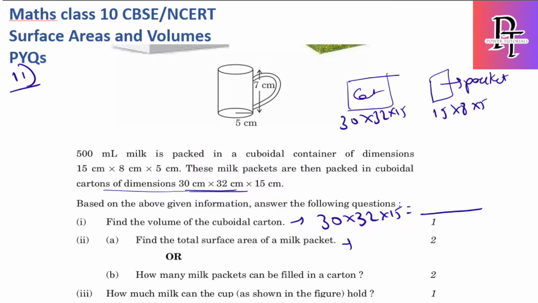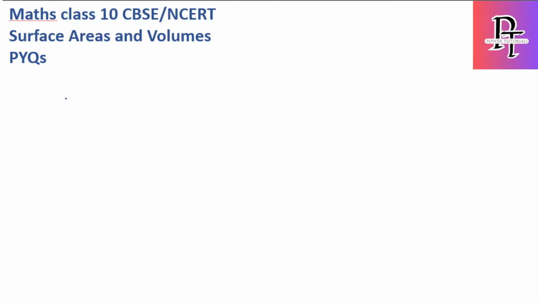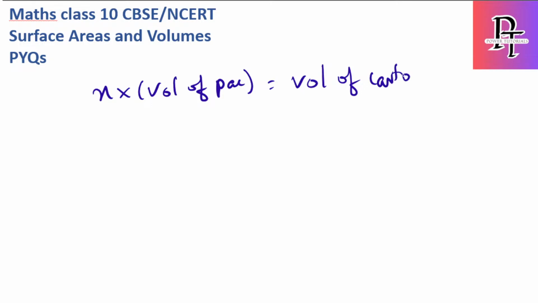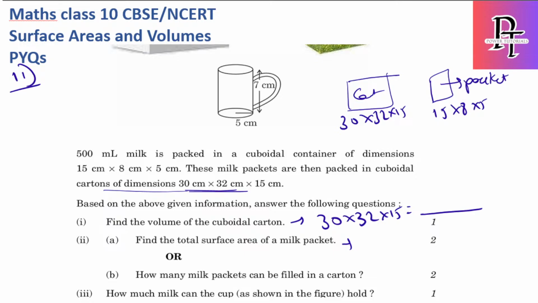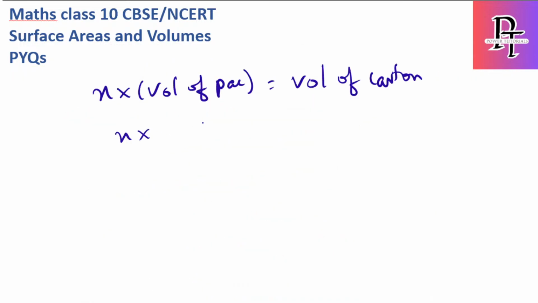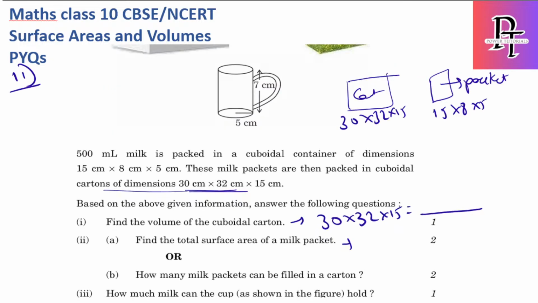What is the next part they are asking? How many milk packets can be filled in a carton? So simply find the volume. It will be X into the volume of the packet, which should be equal to the volume of the carton, because that many are multiplied. So X into the volume of the packet, which is 15 into 8 into 5, should be equal to the volume of the carton box, which is